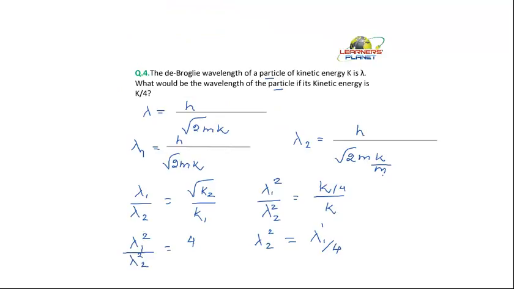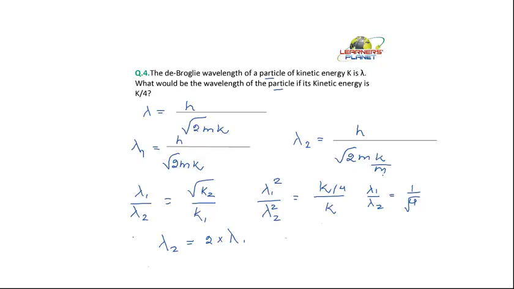right? Sorry students, if we solve this, I am not solving it correctly. If we solve this, here it will become lambda 1 by lambda 2 equals 1 by 4 root, right? Or lambda 2 will be equal to, what will lambda 2 be equal to? Lambda 2 will be equal to 2 lambda 1. That is, it would be 2 into lambda 1, right?